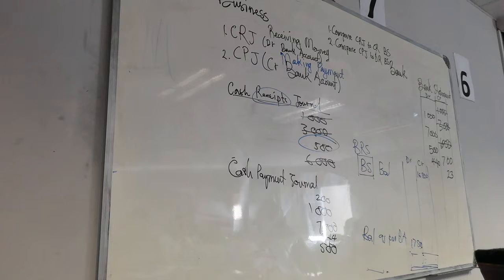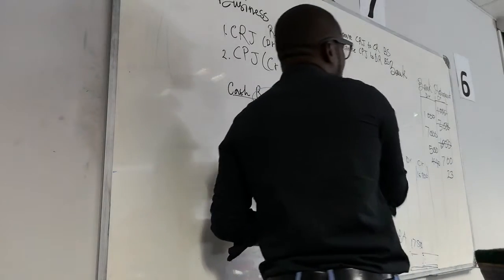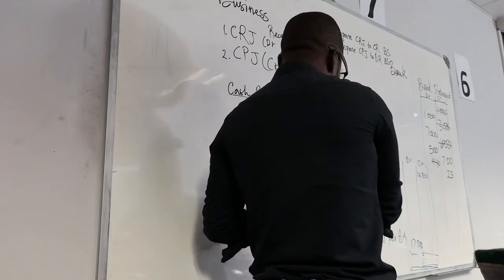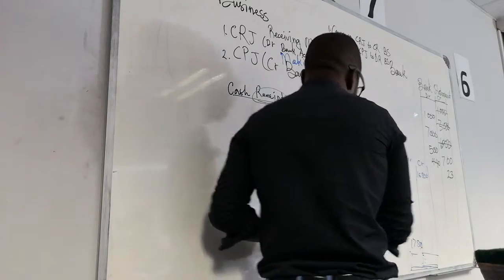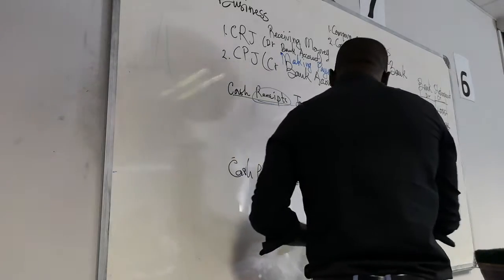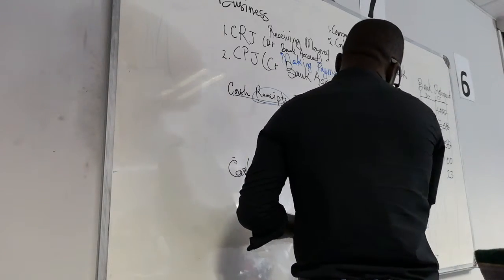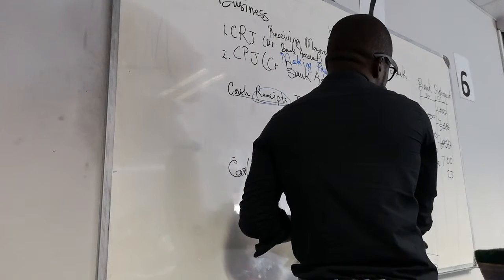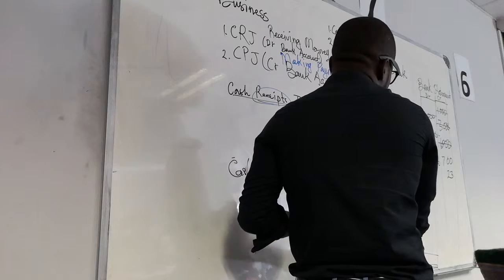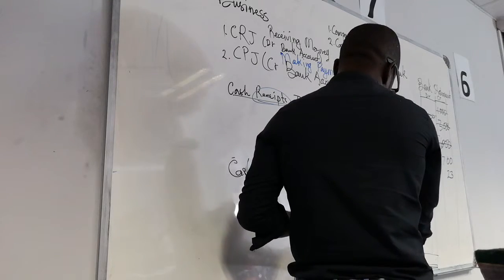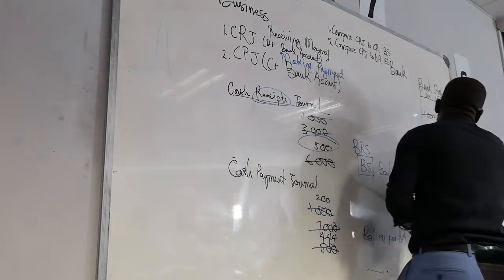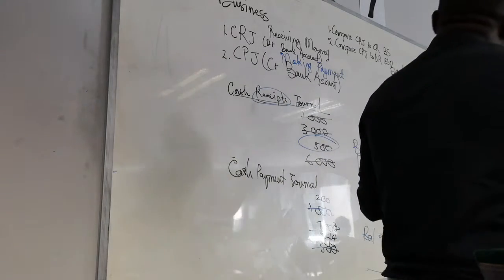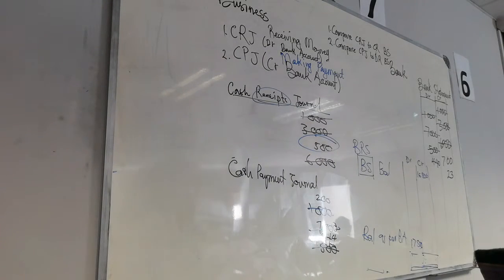We gave them to you. You have to compare. All you need to know is that I need to compare CPJ to the debit side. When you come to CPJ, you say, I've got 200. Do they have it? No. I've got 1,000. Do they have it? Then you cancel it here. You cancel it there. I've got 7,000. Do they have it? You cancel it here, you cancel it there. I've got 444, do they have it? No. I've got 500, do they have it? Yes. I've got 500, they have it. Whatever is left will be a difference.